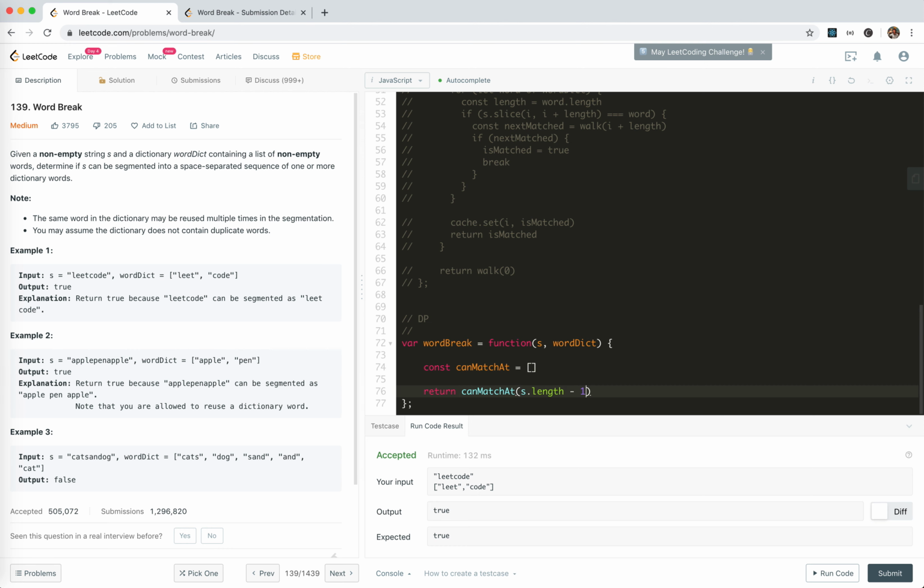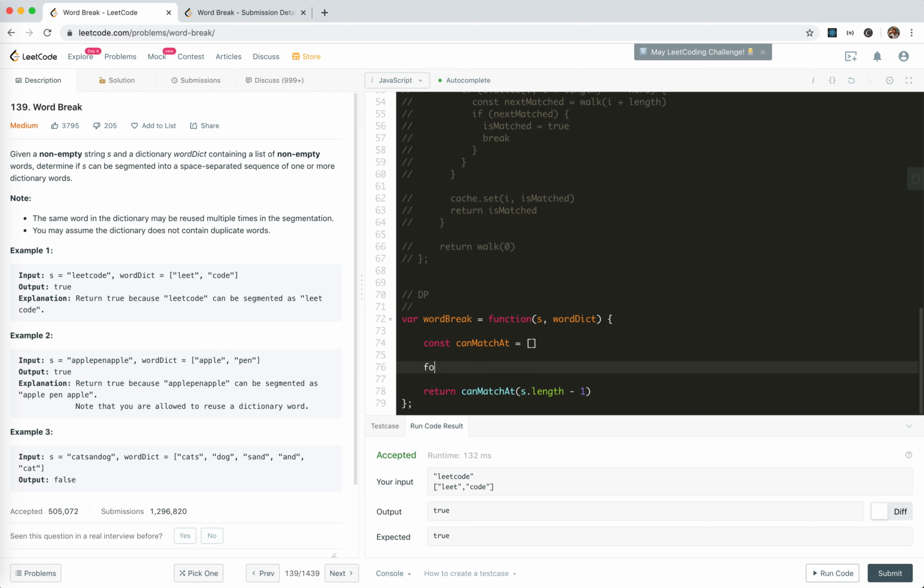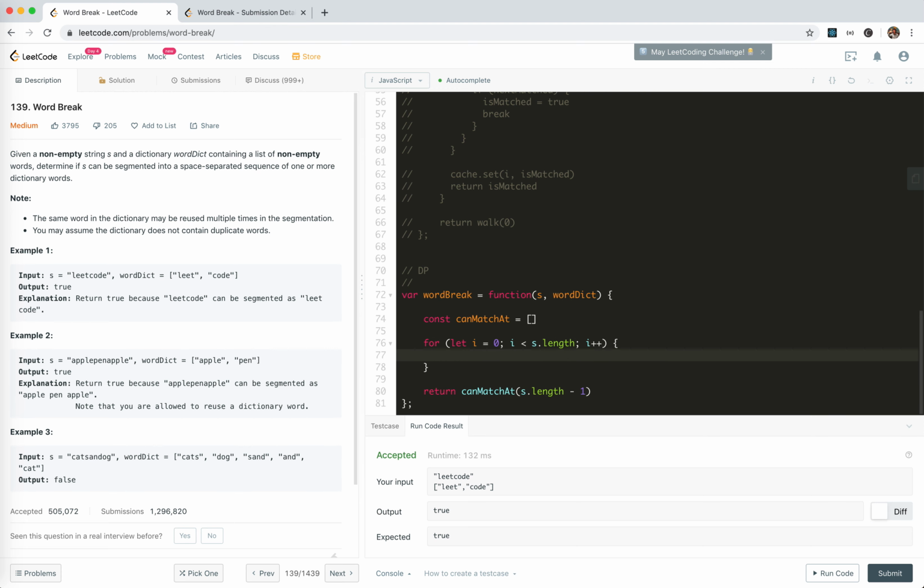And we will loop through all the possible indexes. And what we will do, as we did before, is loop through all the words in the dictionary and check backwards. For each word of wordDict,